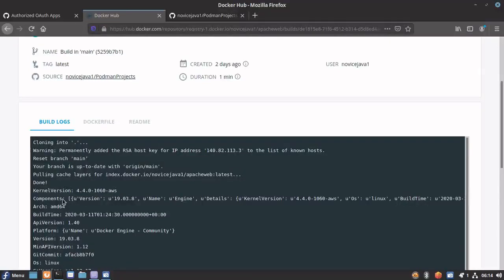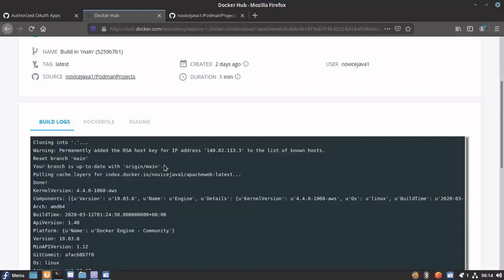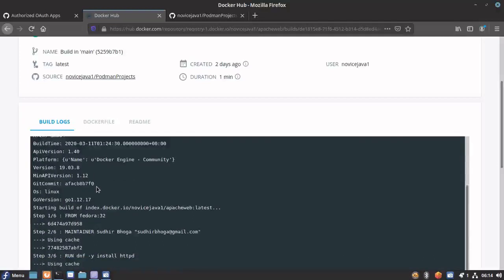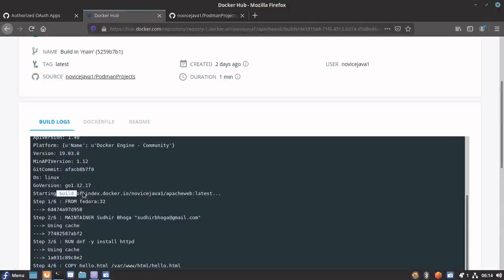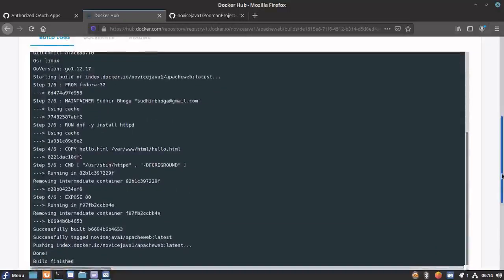It will do the exact same steps that we would be doing manually on our local machine. Initially it pulled the repository, and it tried to build our Dockerfile. Once the build has happened, it will push that image into Docker Hub.